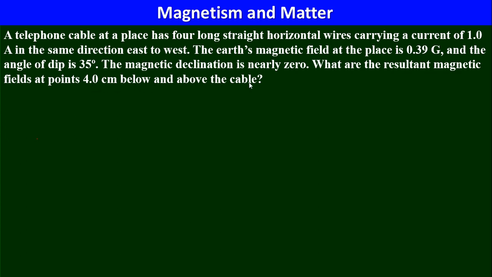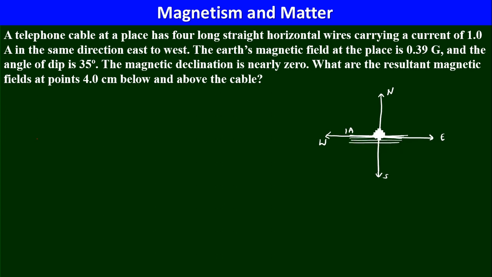Let us have a look at this question. Very interesting question, but you need to have the concept clarity for this. So let us try to understand. Let us say this is east, this is west, this is north, and this is south. Now you are having four wires along this line. Let us say in all of them the current passing through it is 1 ampere, and there are four wires actually, 1, 2, 3, 4 like this.